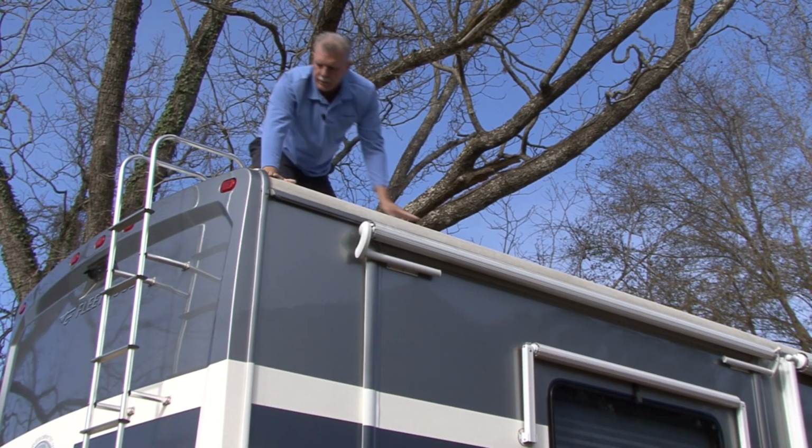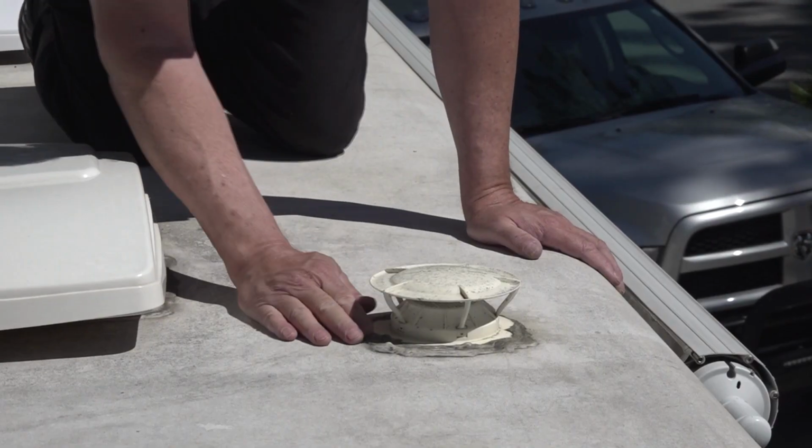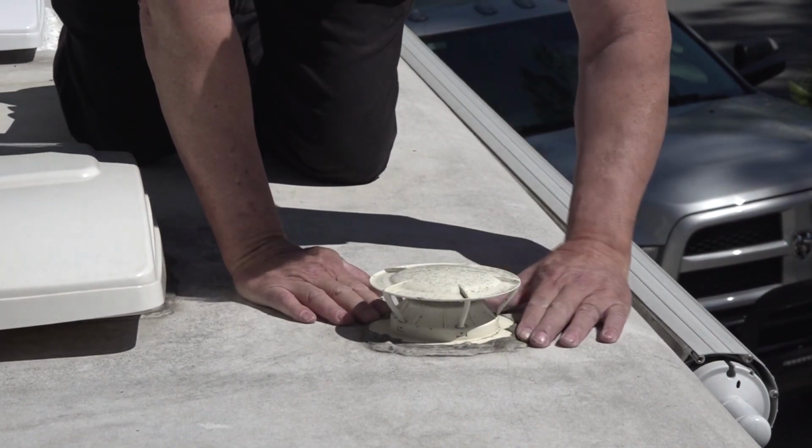Later, Mark and Don Polk from RV Education 101 give us some expert advice on how to inspect your RV